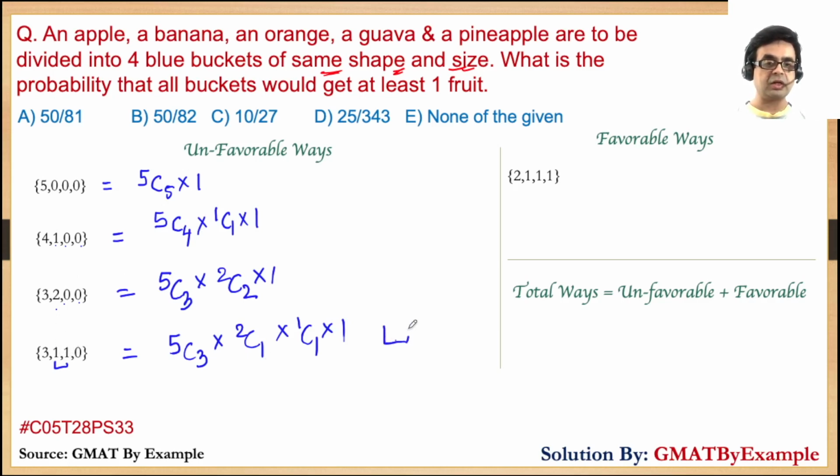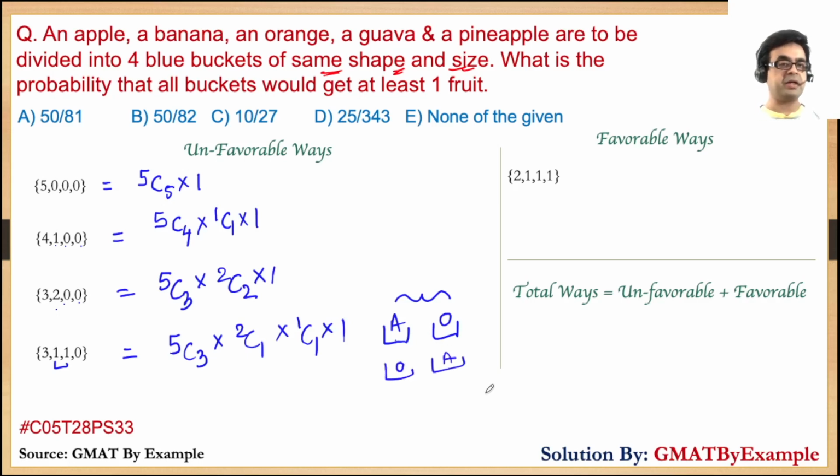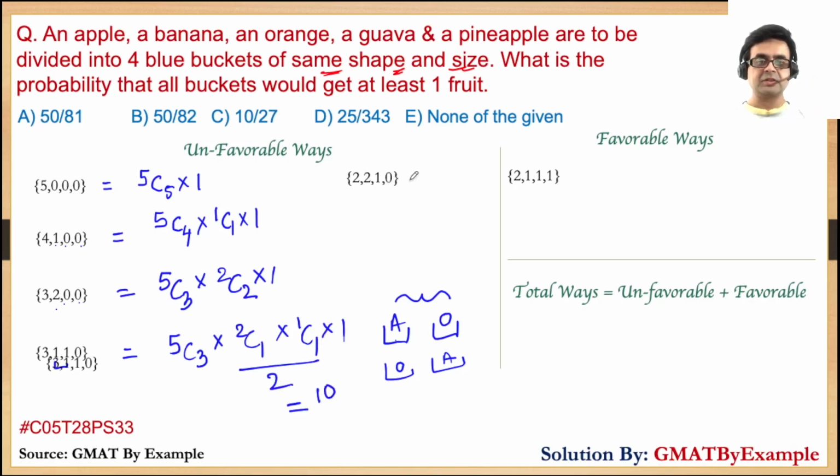So it would look like an apple here and an orange there is actually the same as an orange here and an apple here. So it doesn't matter. However, in this method, we have actually counted for the arrangement. So we have to divide it by 2 to discount for the arrangement, and we get 10 ways here. Similarly,